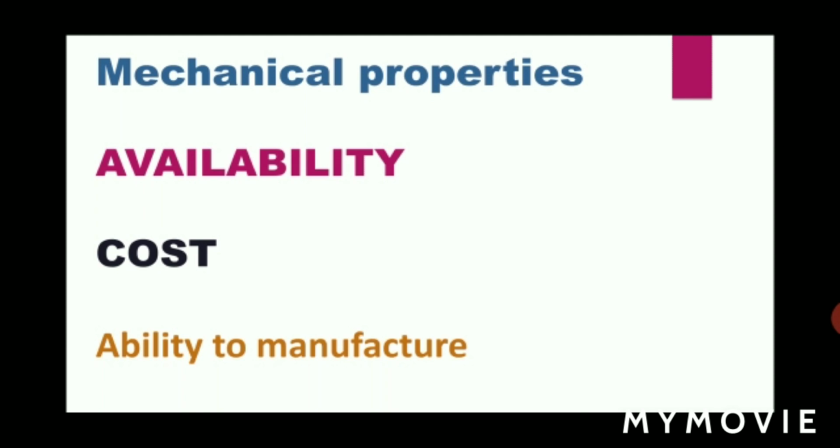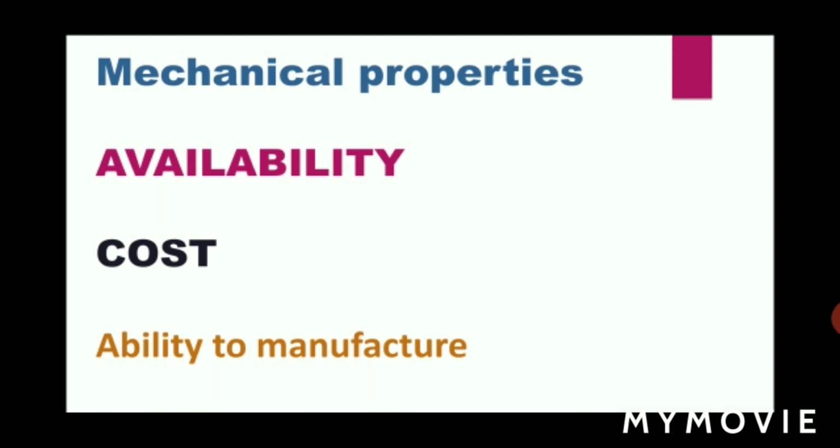Next, another important criterion is ability to manufacture. You have different types of manufacturing processes for your materials, like casting. The best example is casting, right? You have steel casting, and different types of casting processes are available. Whenever you have a manufacturing process, whether the selected material is manufacturable or not is the first point. And whether these manufacturing processes are available is another important point.